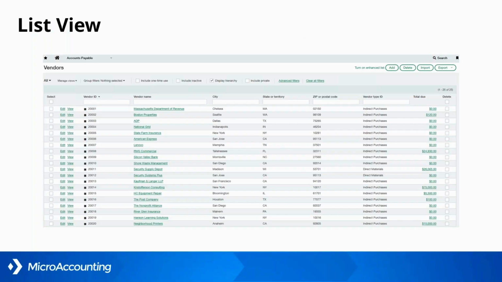Big picture, list views are basically just anything in Intacct where it shows you a list of records. These aren't specific to one application or module. So you'll see them for your vendors, for customers, for GL accounts, AP bills, all that fun stuff. The term list view is used across the system, so it doesn't matter if you're looking at your vendors list view or your customers list view. Either way, Intacct still just refers to that as a list view.